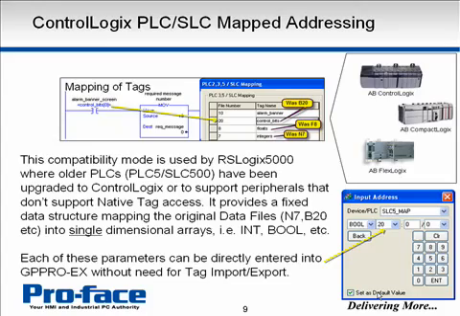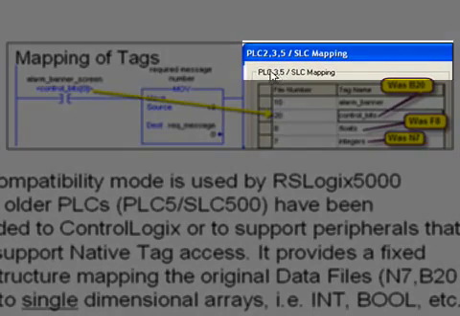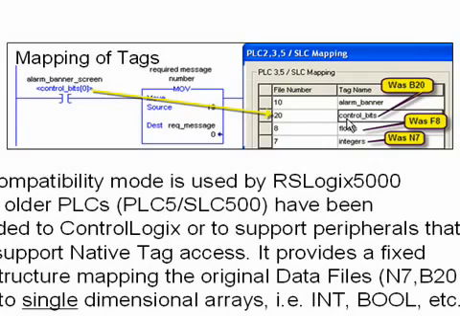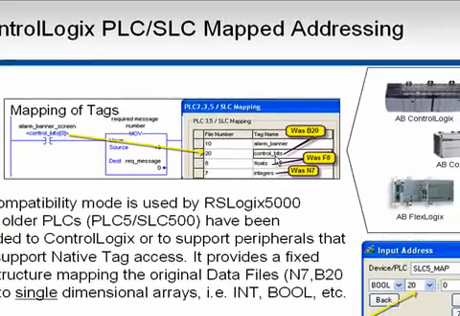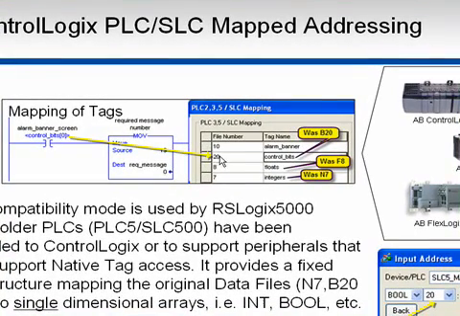And basically the trick here is that the RS Logix 5000 software provides this PLC 5 and SLC mapping, and so a RS Logix 5000 array, which has to be a simple array of either bits, words, floats, etc., is created and assigned a file number, and the file number basically links back to the original SLC or PLC 5 file number. So for example, here we have